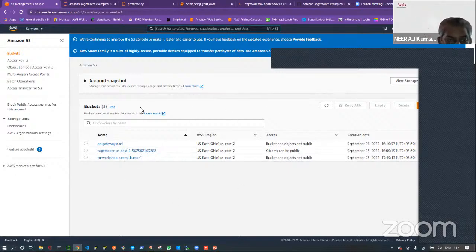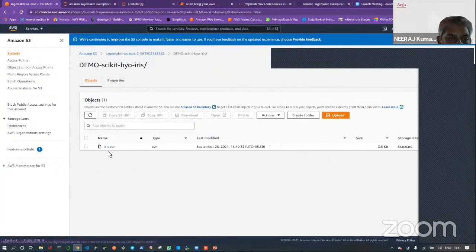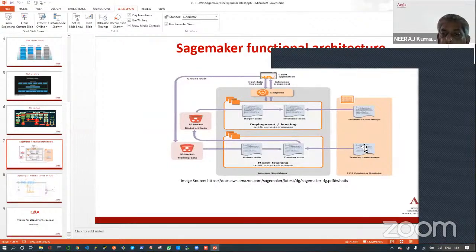As you can see, this is the S3 bucket, right? That it has created. Inside that, it has created this folder. In this folder, it has uploaded this. You can see the timestamp also, right? It's 26 September, 18:40. So just now it has uploaded that data from my local EC2 machine, on which my Jupyter notebook is working, to the S3 bucket in the AWS cloud. So these two parts are now done. I have provided the input data and I have provided the application.